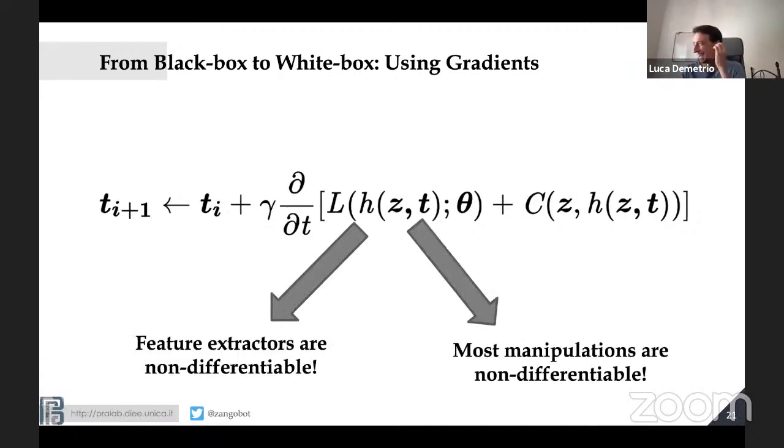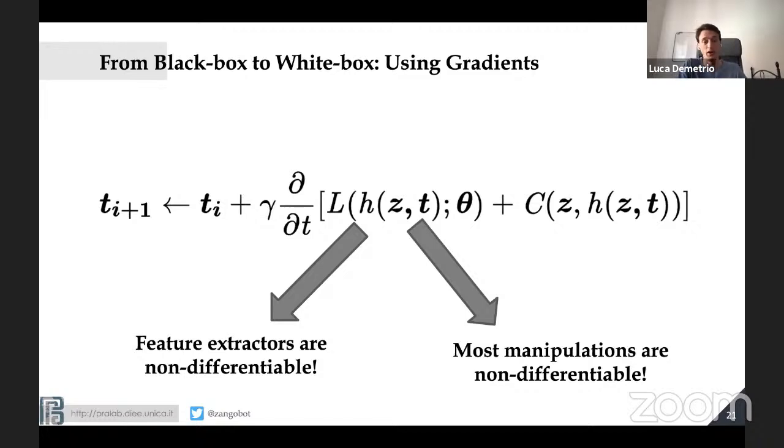But it's not as easy as it seems. The problem is that in this security domain, most of the feature extractors that are hidden in this formula are not differentiable. Imagine an aggregation function. That's not differentiable at all. And the same thing happens for the practical manipulations.